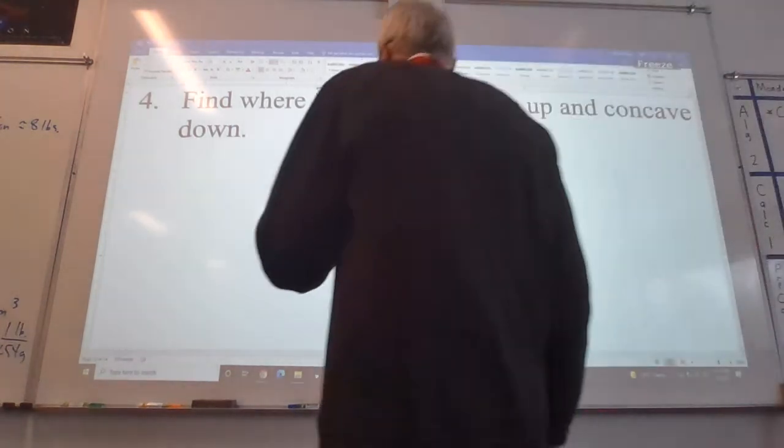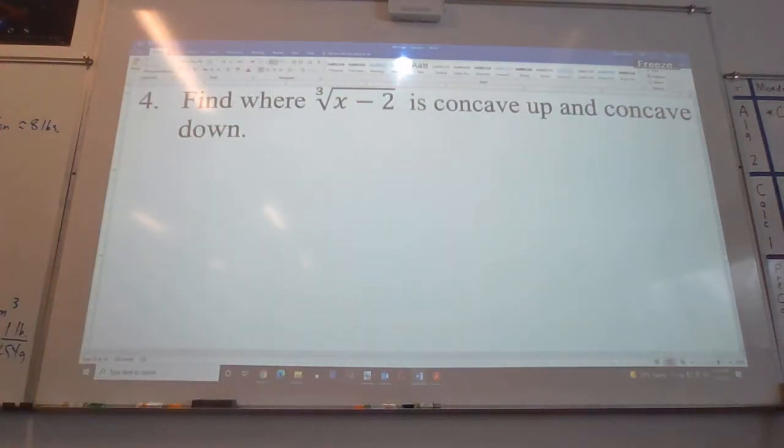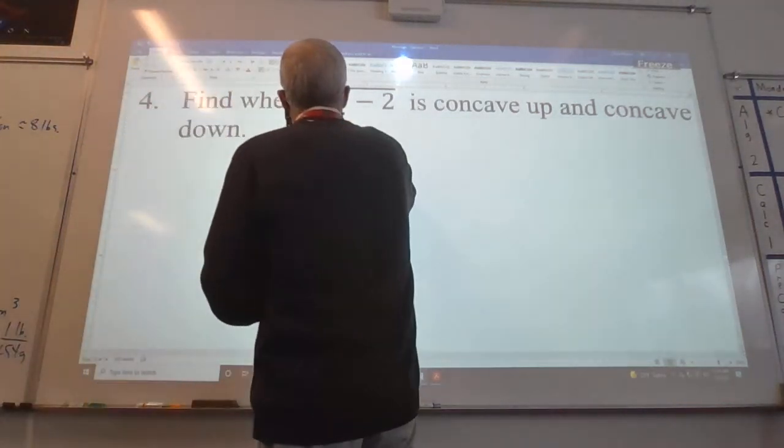All right, so first, obviously, we need to find the second derivative. Where the second derivative is positive, it is concave up. Where the second derivative is negative, it's concave down. So we just got to figure out where the second derivative is positive or negative. So we just know we got to do that. So we can write this as